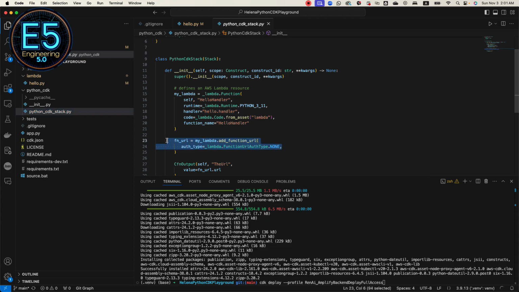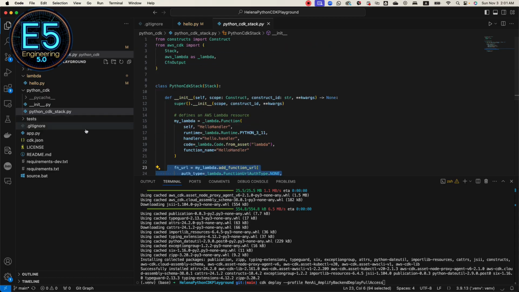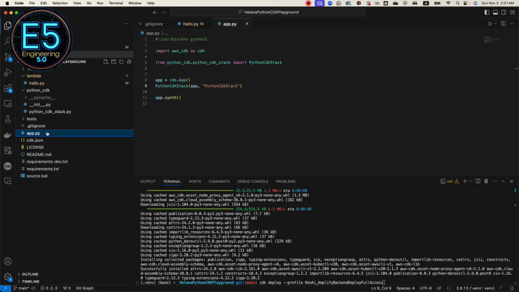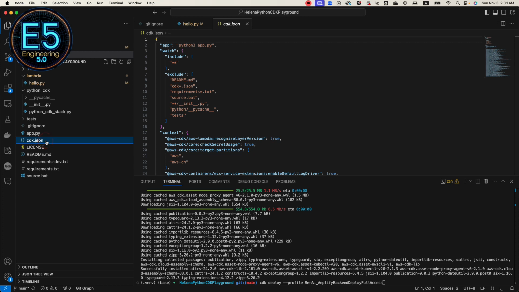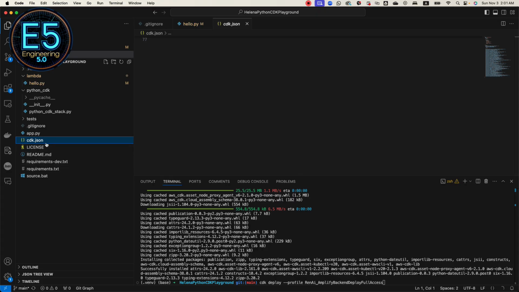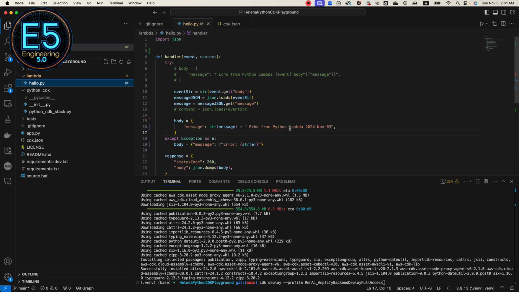So I added the function URL so that it can be called using a URL. And I think I added permissions somewhere here. Let me see if I can find where I added the permissions. Not here, not here. .py cdk.json. I think this is an auto-generated file, the JSON one. So I don't exactly see the place where I'm adding the permissions for this to be run, but I think